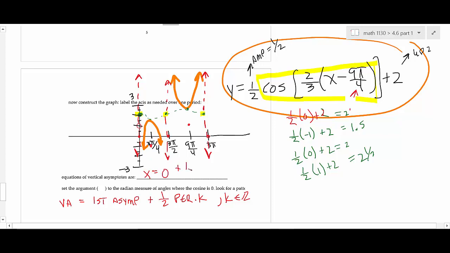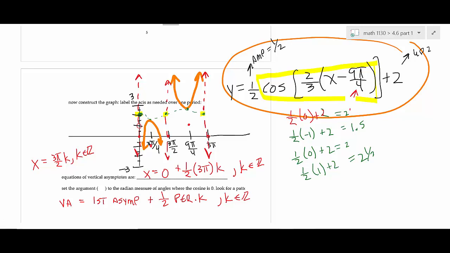Then I do 1/2 the period. The period on this was 3 pi times k, with k being an integer. So that takes all the guesswork out of it. That would be one way to write that equation. And then, of course, you don't really need the 0, so you could write that as x equals 3 pi over 2 k, and then k would be an integer. What I'm suggesting on this is you can use this formula, or you can just see if you see a pattern. Okay, but that formula right there always works, and I don't care which asymptote you pick. It doesn't matter. That's up to you. I just picked the smallest one I got. Okay? All right, so that'll wrap that up, and then the next time we'll